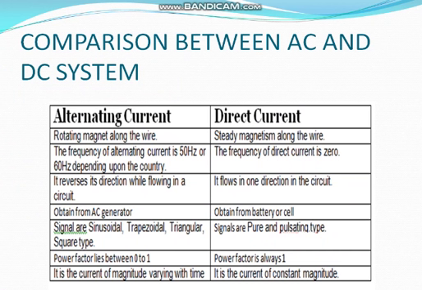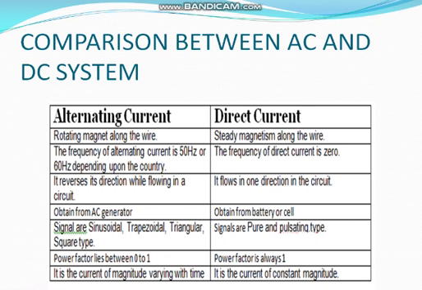The cosine value of the phase angle is called power factor. In an AC circuit, the power factor lies between 0 degree leading or 0 degree lagging to unity. And in case of DC, the power factor is always unity, because in case of DC, only the purely resistive circuit is present.